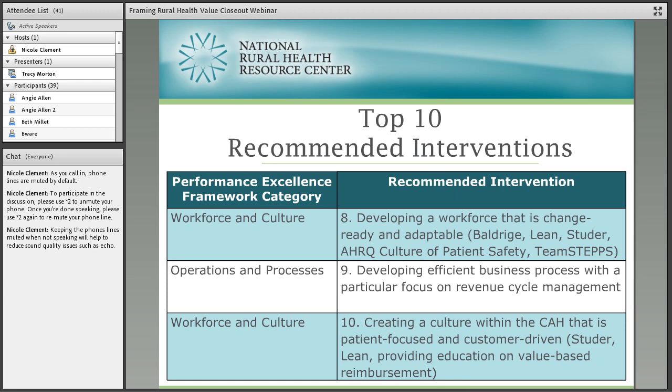One of the things that was really, I think, blatantly obvious with Community Memorial Hospital when we presented the case study is that their financial house is really in dire straits. And it places their overall operations and their ability for the hospital even just to stay open in jeopardy. And so the cohort groups then recommended that the State Flex program assist Community Memorial Hospital in developing efficient business processes with a particular focus on revenue cycle management. And Scott, you mentioned revenue cycle management a little bit before, and I know in Hawaii you've been working on this. Can you tell us a little bit about your revenue cycle management program and what kind of success it's had?